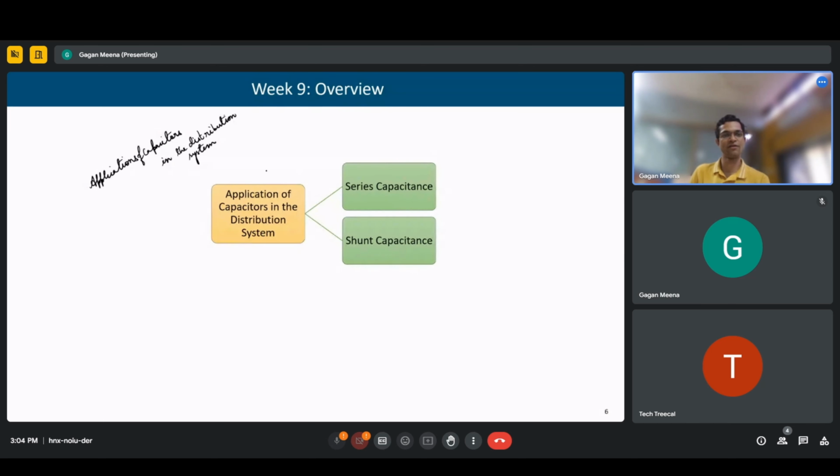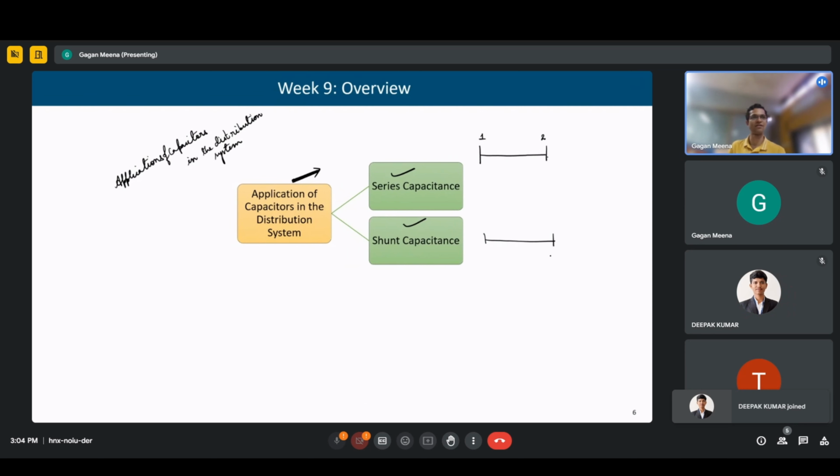So both two types of capacitors, that capacitors can be used in two different configurations, one in series or one in shunt. So suppose we have a line. Let us consider this line between two nodes, node 1 and 2 or bus 1 and 2. So if we connect the capacitor,